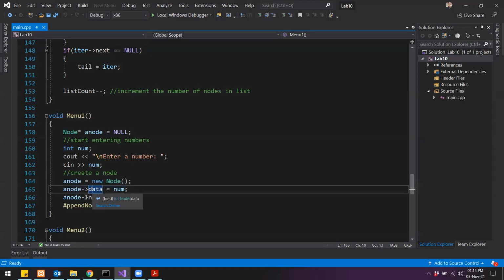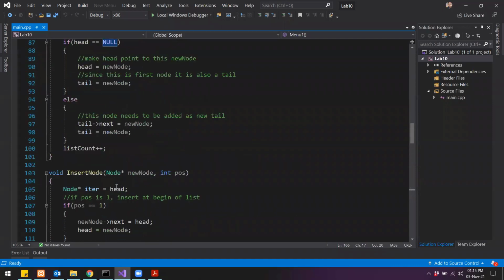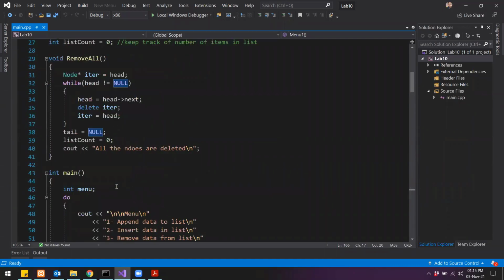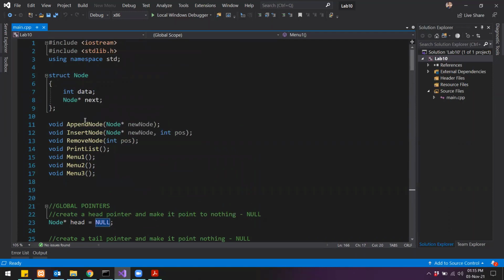Okay, and then for that node we make the next pointer point to null, because we know that in our node there are 2 components over here, right? If we look at the struct, the node has a data component and a next pointer. So whenever we create a node, we will have to set some values for these 2 attributes.